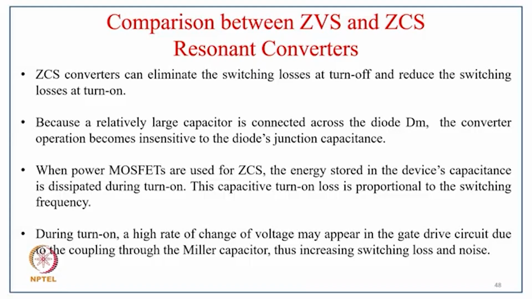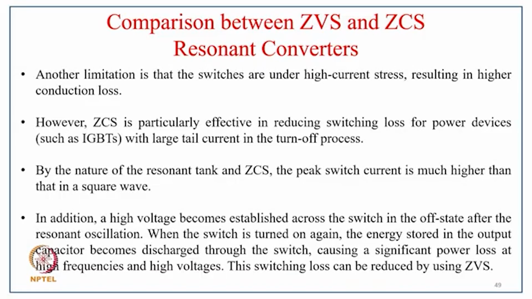During turn on, a high rate of change of voltage may appear in the gate drive circuit due to coupling through the Miller capacitor, thus increasing the switching loss and noise. Another limitation is that the switches are under high current stress, resulting in a high conduction loss. However, ZCS is particularly effective in reducing switching loss for power devices such as IGBTs with large tail current in the turn-off process. But due to the nature of the resonant tank and ZCS, the peak current is much higher than in